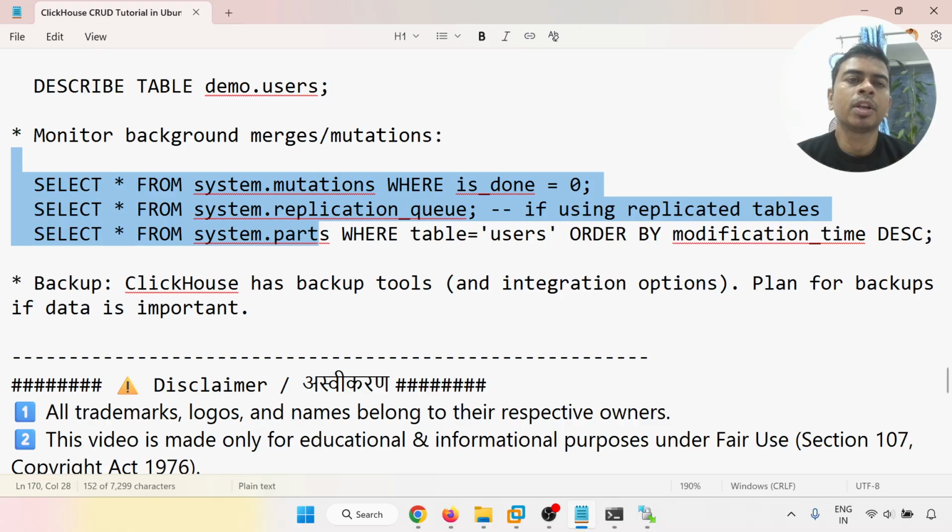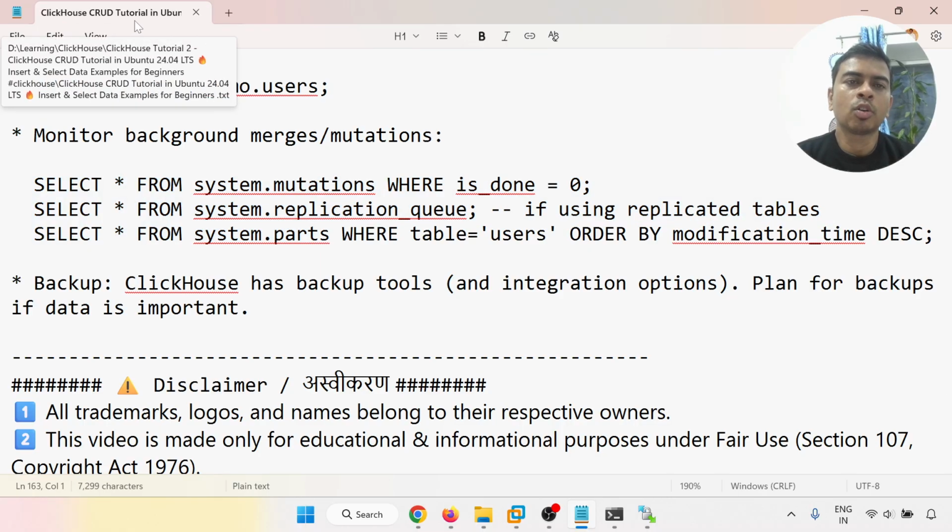So in this video we have learned how to configure the CRUD operation on the Ubuntu 24.04 LTS for the